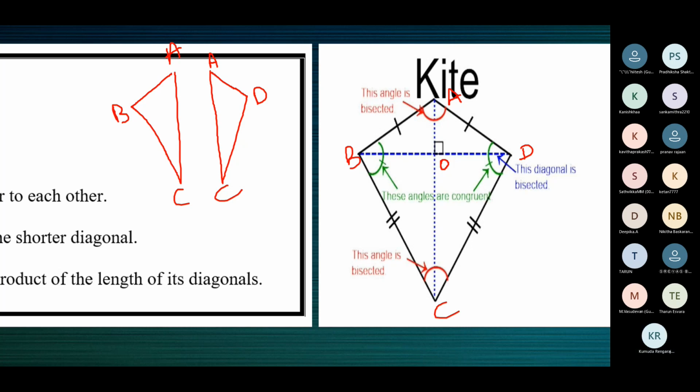One is simply diagonals intersecting. Then diagonals can bisect each other. Diagonals can be perpendicular to each other. Diagonals can bisect one another and be perpendicular, as well as be perpendicular to each other. In the case of a square, diagonals bisect and they are at right angles to each other.